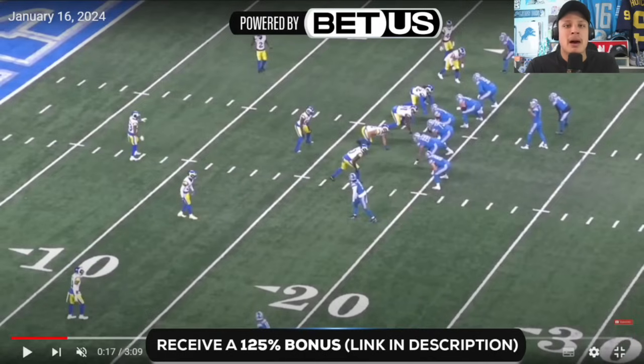He minimizes it by quick decision-making. That's where it has to happen. The ball has to get out of his hands fast. I also think his windup can be a little bit long. I think that's one of the things within his game, too, is that it's not as short, right? It's not like, boom, quick to the point. So for him, it's all about quick decision-making, as well as one of the overarching themes in this game that